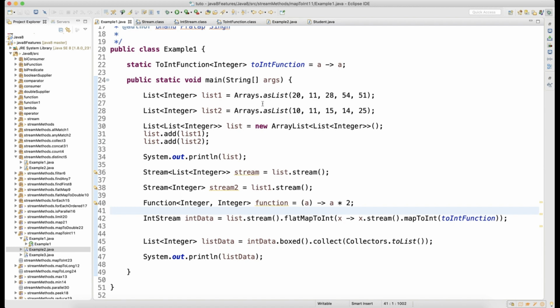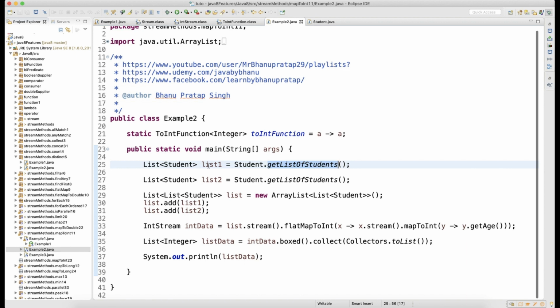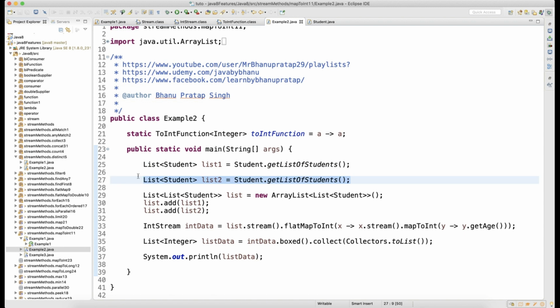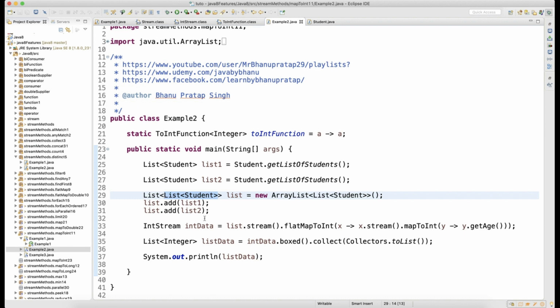Now once you have the list of Student objects here, in list one you have a list of Student objects, and I'm creating one more list. This will also give me a list of Student objects. I am adding both lists of Student objects into a third list. So my third list will take lists of Student objects as input, right? You can see that both the lists I have added into the third list. Now when I add it into the third list, again I can call list.stream. So here the return type I will get is a Stream of List of Student, right?